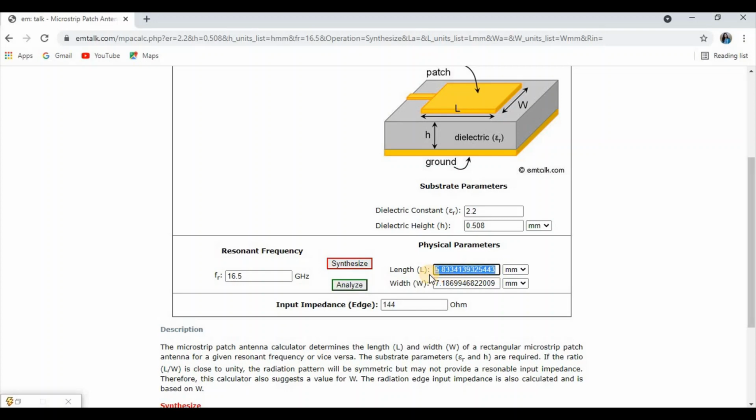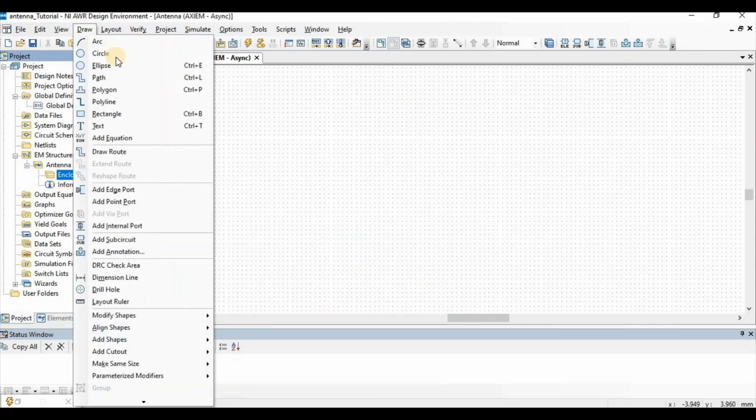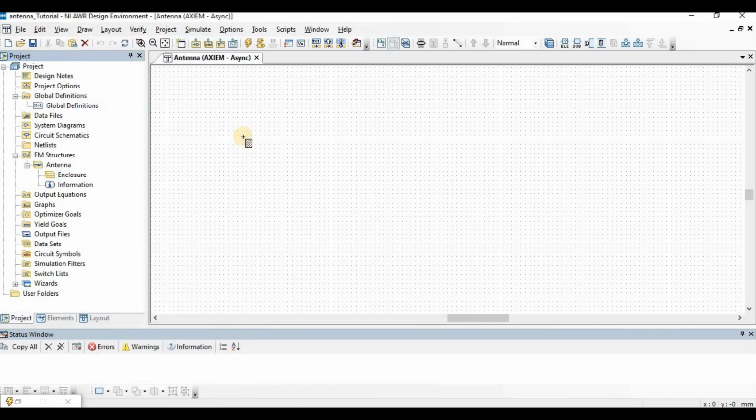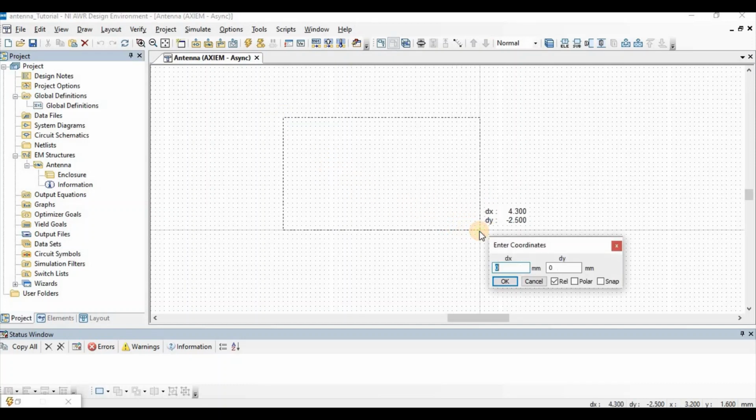So then you just copy your length value from here, get back to AWR, draw, then go to rectangle, just click from here to here, then click tab. So you can write your length and width value here, will be device. So guys, if you are confused about what to put, like plus or minus, see, when you are doing this, it will already suggest to you whether your rectangle is going in the positive way or negative. So here it is showing dy in minus value, so put minus, then paste your value.